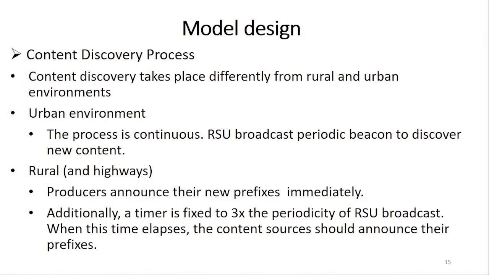About the content discovery process. The content discovery process takes place differently for urban and rural environments. For urban environments, the process is continuous. The RSU broadcasts periodic beacons. The frequency of these broadcasts is being evaluated by simulation and will be fixed accordingly. Content sources respond with a special packet that includes the prefix to announce and the list of all cached content, as we referred before. And every intermediate node forwarding this packet toward the RSU includes its own list of cached